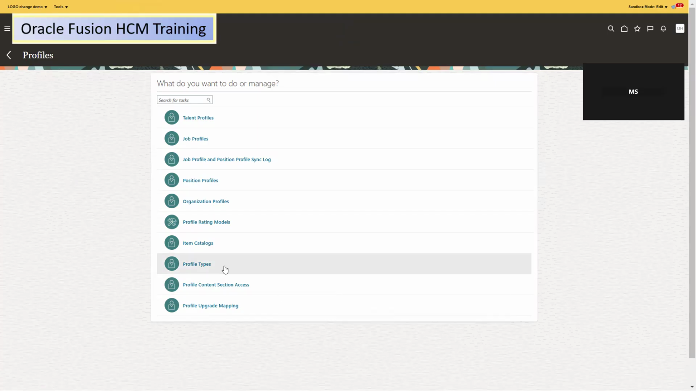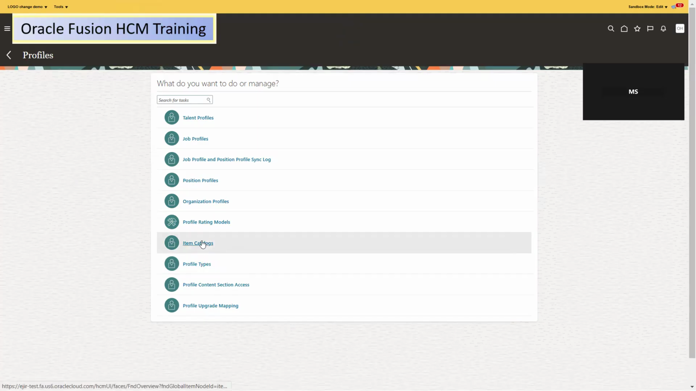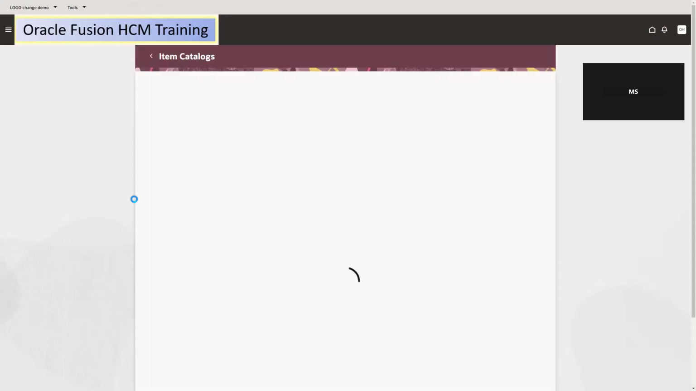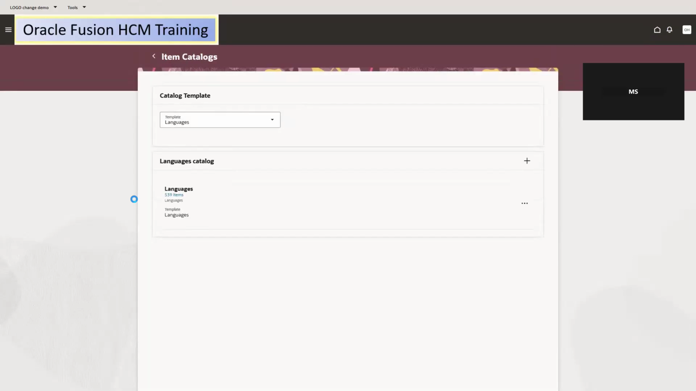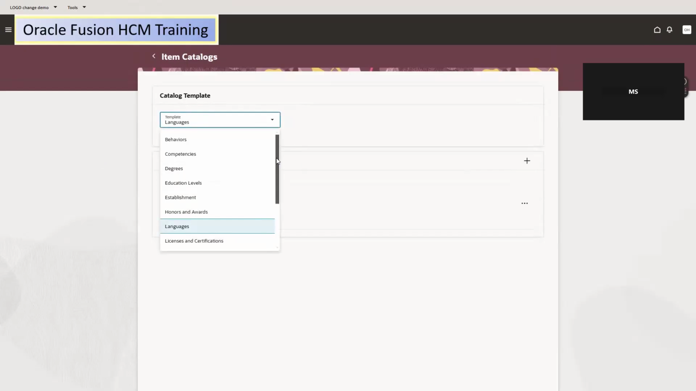Okay. So now we saw all of that except the item catalogs. Let's also check the item catalogs now. So here, if you see, this is all the templates. Templates we have already seen. What are the templates available? We have seen that the same templates are going to be here. In this, earlier we had created one